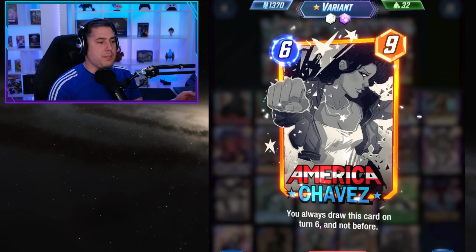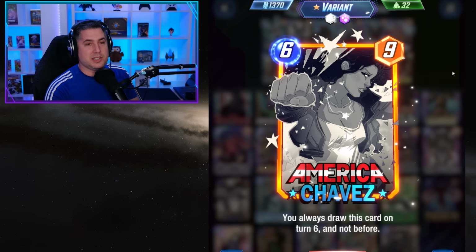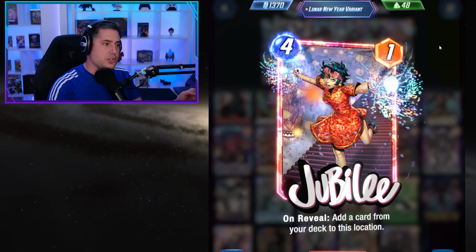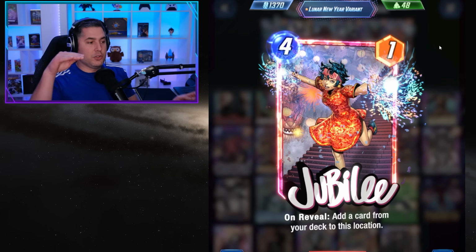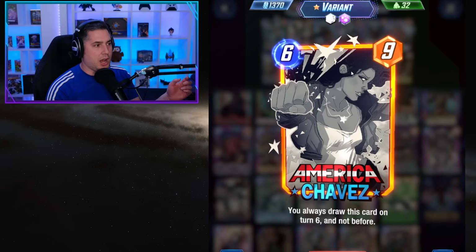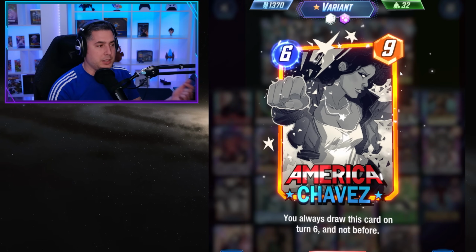Chavez is mandatory because not only does it allow you to get the Lockjaw more consistently on turn 3, but it's always a consistent hit for your Lockjaw and for your Jubilee, because if you play Jubilee into Lockjaw, Jubilee pulls a card, and then Jubilee gets pulled in by the Lockjaw and pulls another one. So provided that Chavez doesn't get drawn until turn 6, it's a consistent target for both Jubilee and for Lockjaw,